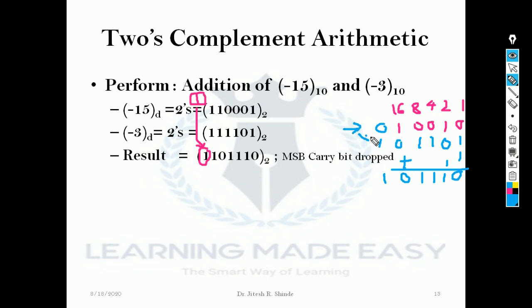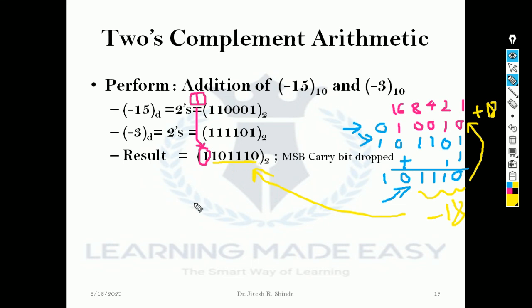The 1's complement we are getting is 101101. Add 1 to it. The result we are getting: 1 plus 1 is 0, carry is generated and propagated, giving 101110. This is the 2's complement of this number. This number was representing plus 18 and this result represents minus 18. Are we getting the same number here? Let's check it: 101110.